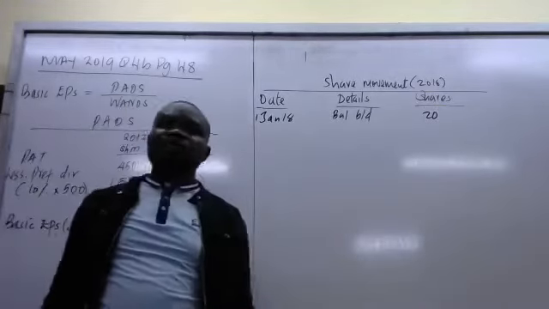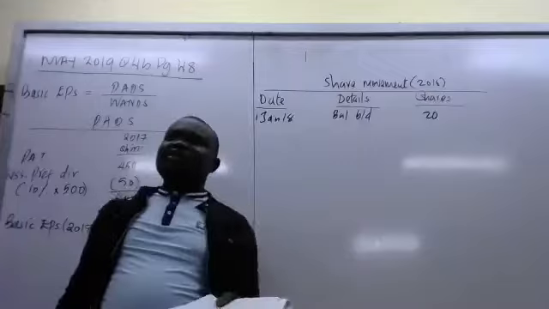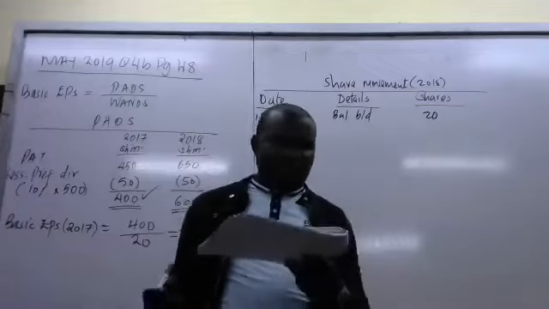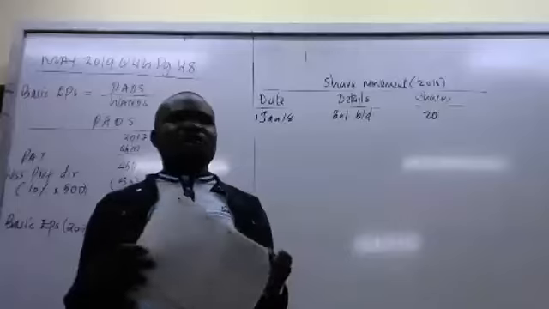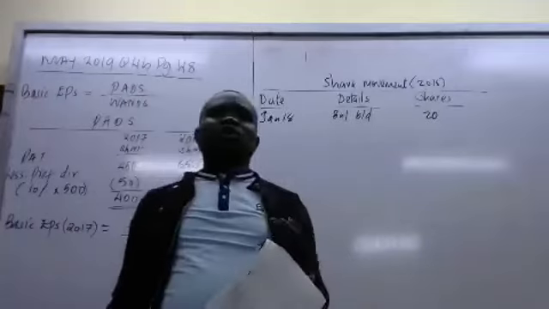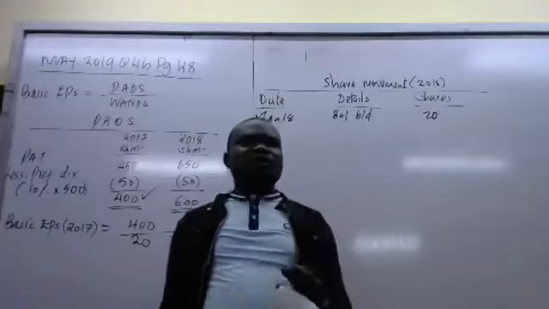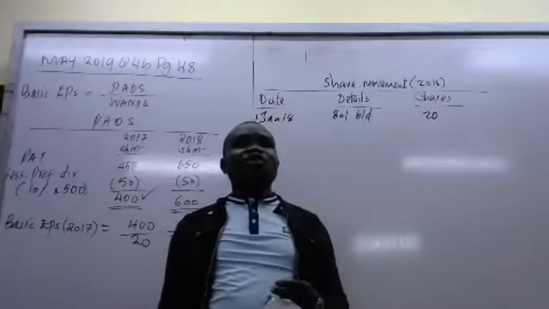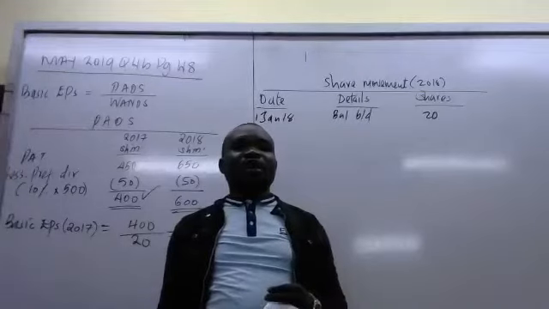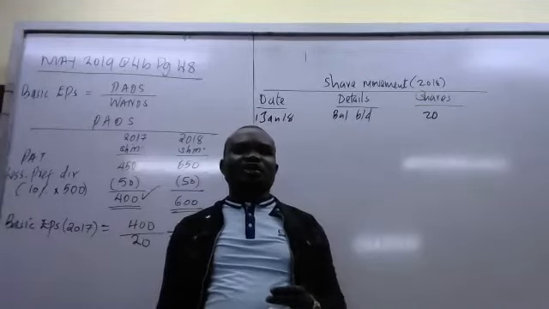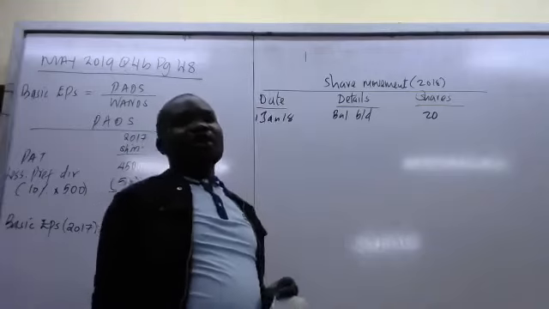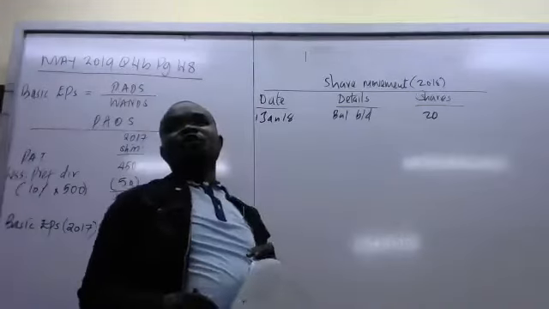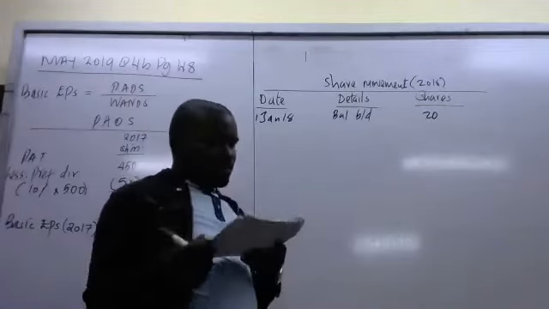Then now let's join 2018. I don't know whether the examiner did this intentionally. Check note 1 and 2, the dates. Check the dates in note 1 and 2. Did you notice note 2 is coming before note 1 in terms of dates? So I don't know why they did that, but now we'll just have to comply. So note 2 is coming before note 1. Note 2 they say,